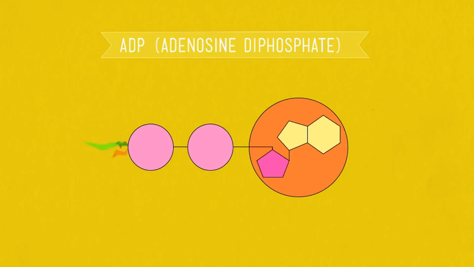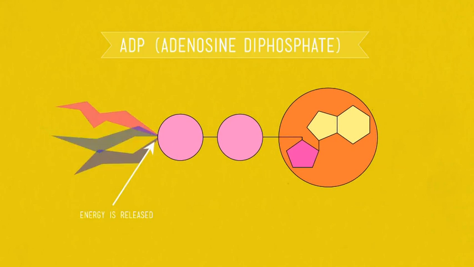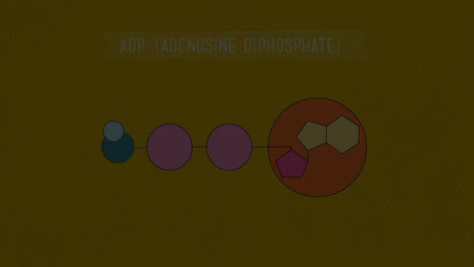In this reaction, when the third jerk kid is kicked off the seat, energy is released. And since there are a lot of water molecules just floating around nearby, an OH pairing, that's called a hydroxide, from one of the H2Os comes over and takes the place of that third phosphate group, and